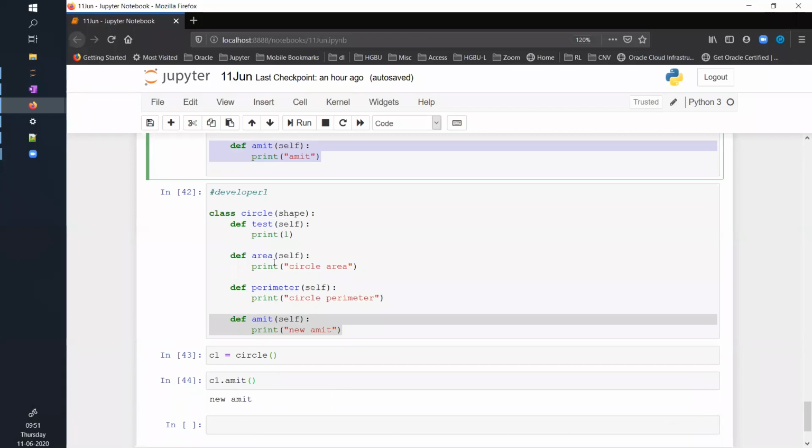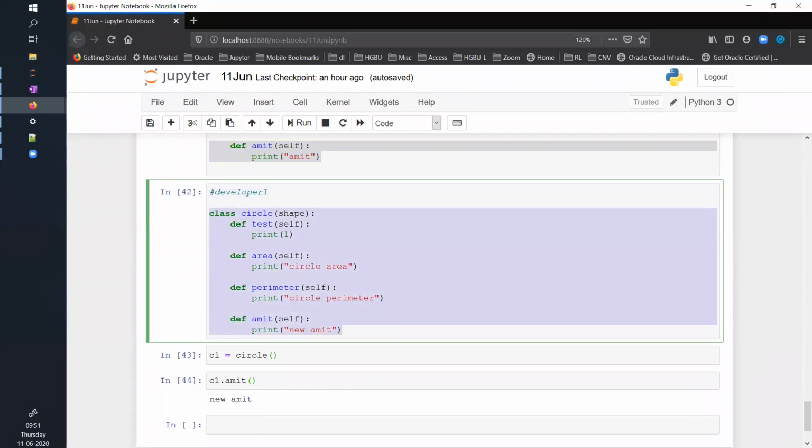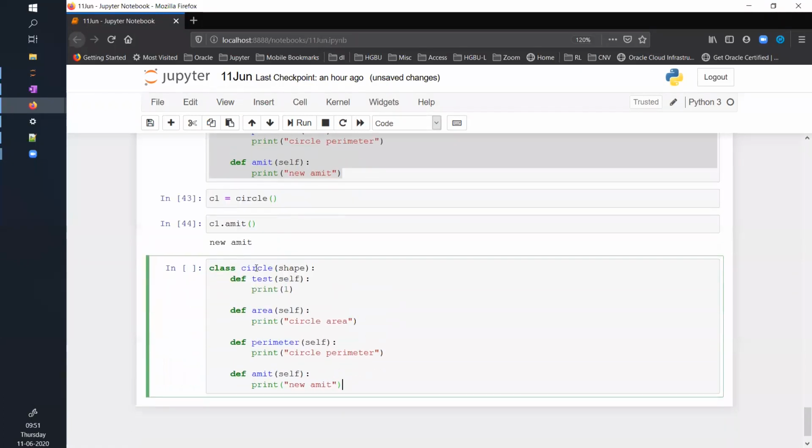Now, again, you can create one more class. Maybe you can create a rectangle class. Again, it will be a child of shape. It can have some functions of its own. Area, same method name, because even the rectangle class is inheriting from the abstract class shape. Then the rectangle class must implement these two methods. That we already know, right?